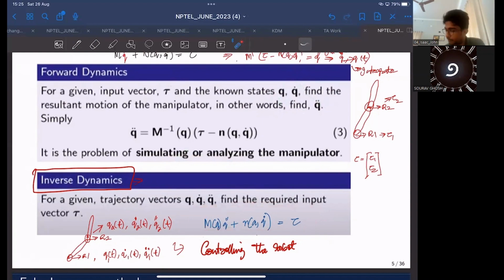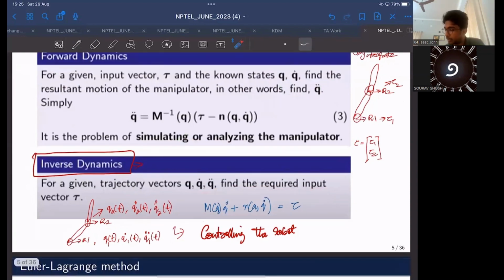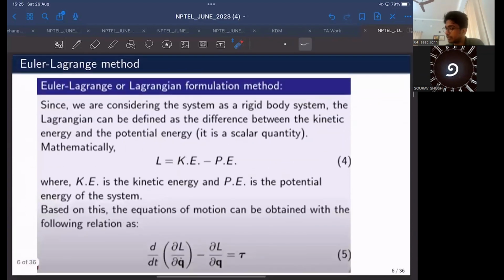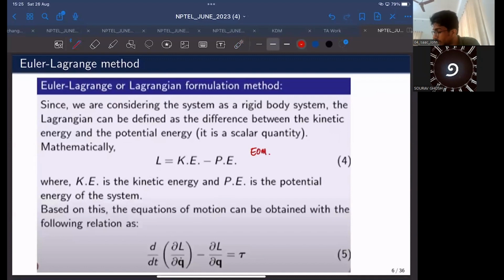So in order for us to derive these equations of motion, which are the mass matrix M times q double dot plus the vector of Coriolis and inertial effects will give you the torque,